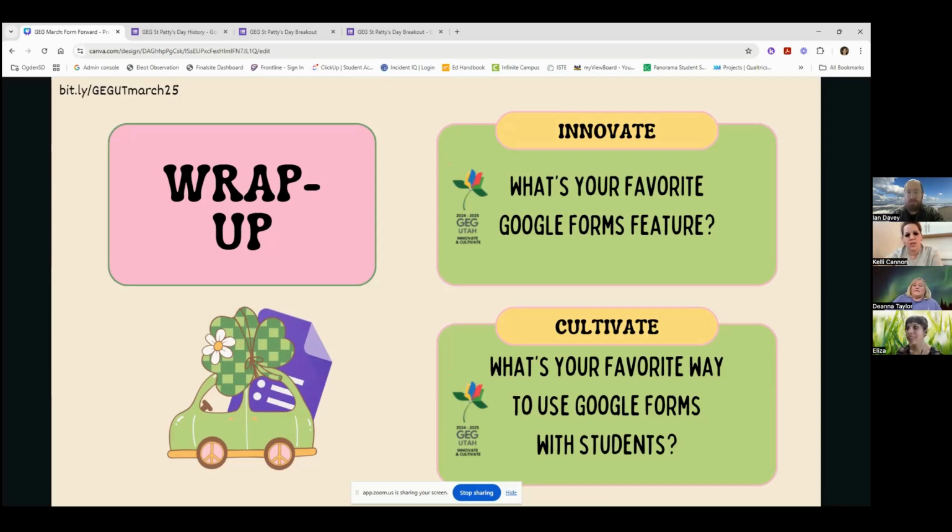For littles, one of the funnest features I like is the way you can add images to the responses that you want the students to check, so that they have an image right along with the words. So that's what I like. Awesome. Yeah, and that's a great scaffold for any student, really, especially your littles and your English language learners. It's great all around. I love pictures, so I'm always a fan.